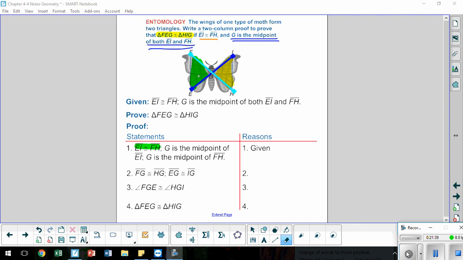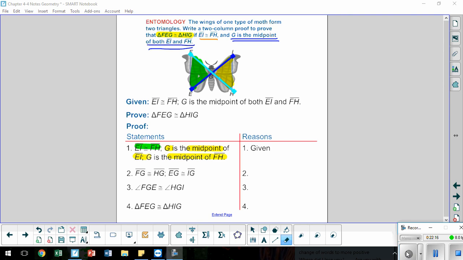Okay, I can handle that. Okay, you can too. We're then going to look at this one. Use the midpoint of this and use the midpoint of the other one. So if these are midpoints, segments similar, then what is happening to